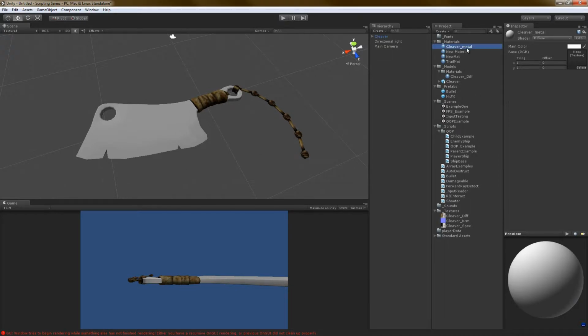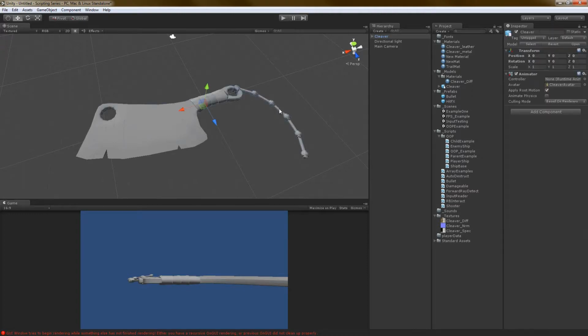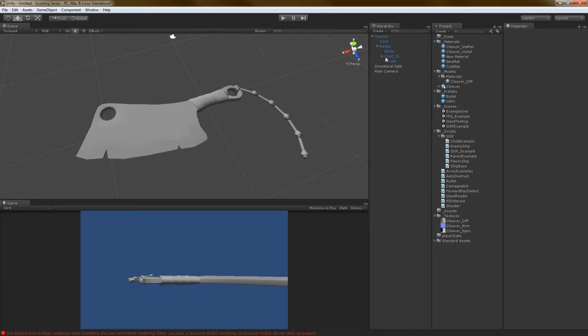And we're going to duplicate this by selecting it and Control D, and rename it to leather. Cleaver leather. We're going to drag and drop this onto the leather bits. So you'll notice that a material can be shared by multiple objects. If we open up our Cleaver object here,